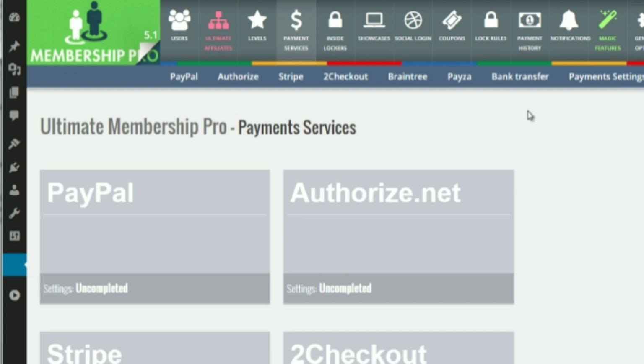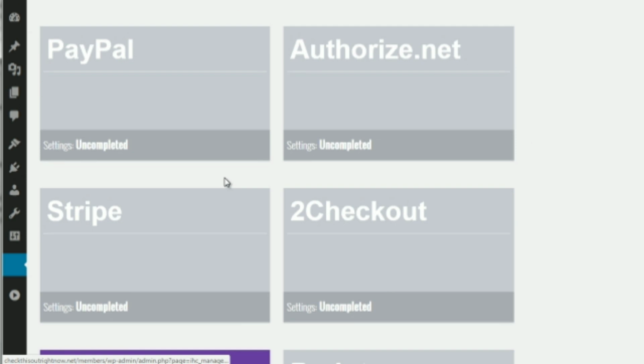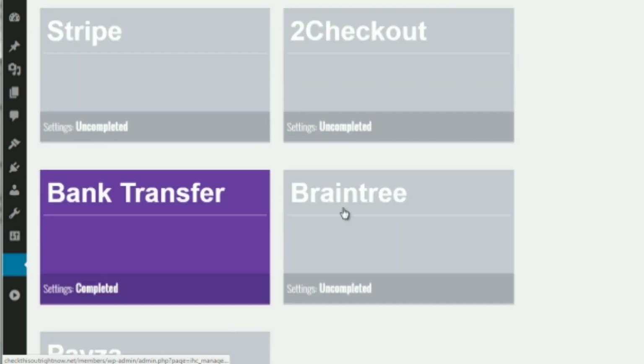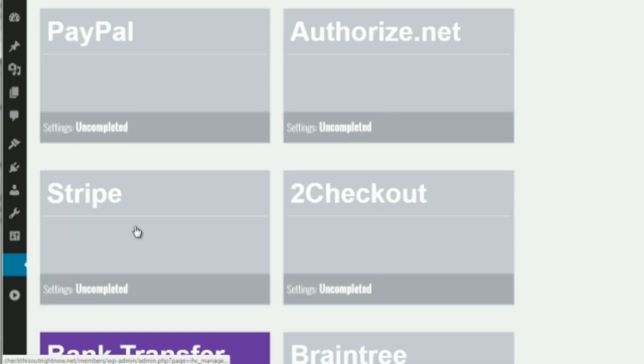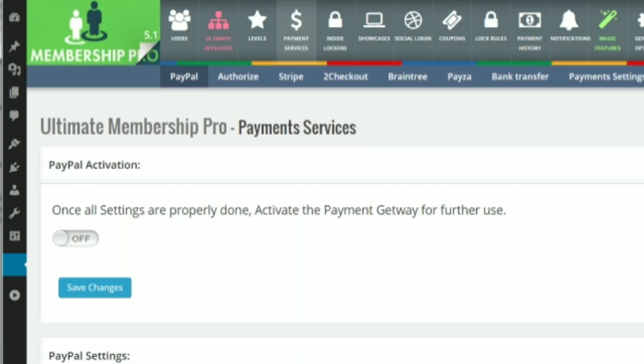Now, the next thing you want to do is just integrate the payment services. So you want to pick and choose the ones that you want. And I will say that these two here are very similar to Stripe. So best bet is just to pick something like PayPal and Stripe, or PayPal and Authorize.net, or 2Checkout. If we click on PayPal right here,